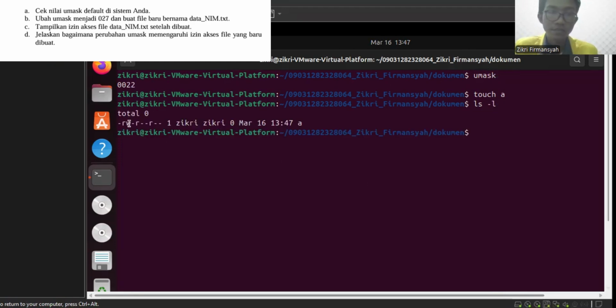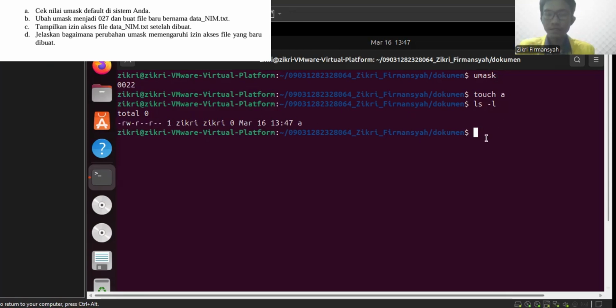As we know, the user permission has the read and write access, and then the group permission has the read access, and then the others permission has the read access too.